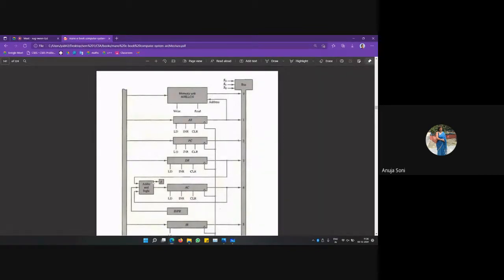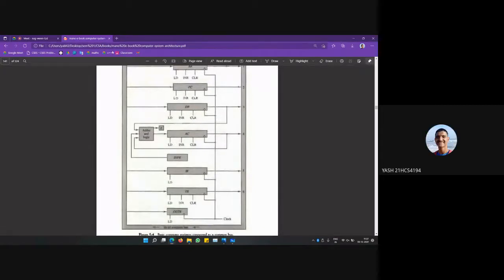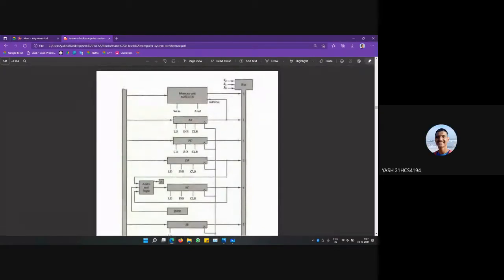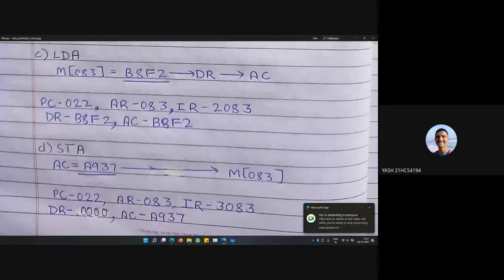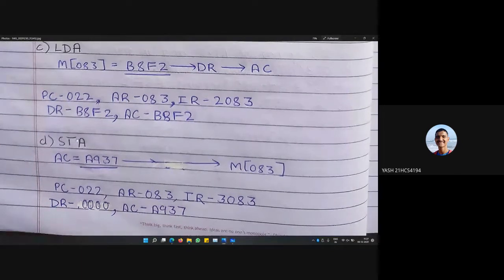Okay. Now, yes, carry on. But ma'am, AC to memory can be directly done now because we can transfer. Yes, AC to memory you can directly transfer, but from memory to AC directly you cannot. You were talking about load to AC, but in case of store from AC, that you can do directly. So for load to AC, firstly we transfer to DR and then to AC because there is no direct connection. For store from AC, we can directly transfer to the memory address and store it in the memory.